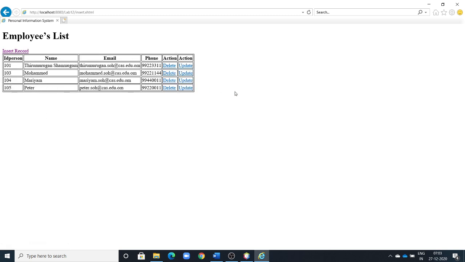Therefore, from this what we learned: how to create the enterprise application, and from that how to create entity classes from database, and after that we created the session bean for the entity class. After that we created the controller, that means managed bean, person controller. From that we added one by one features: how to load the data, how to insert the data, delete the data, update the data. That's all.